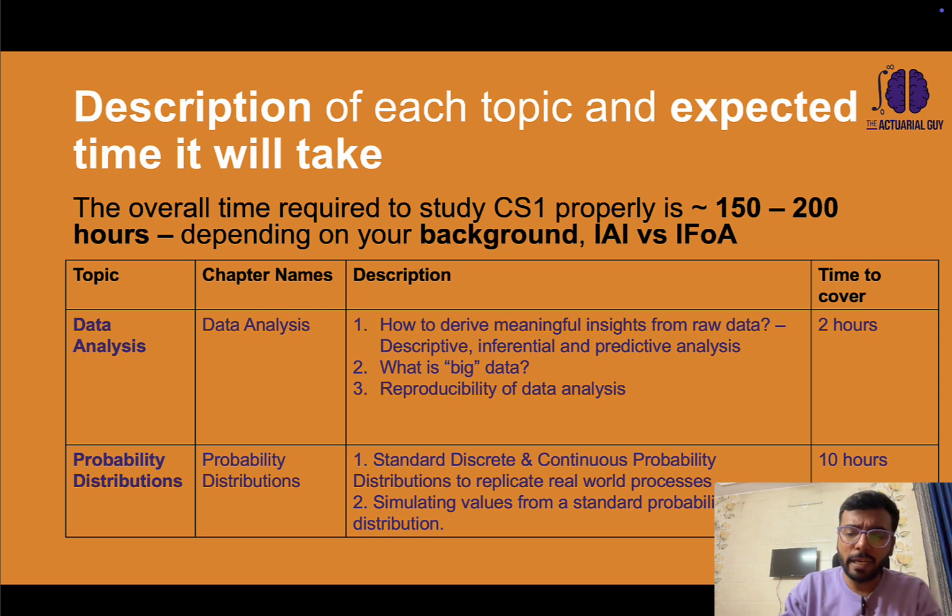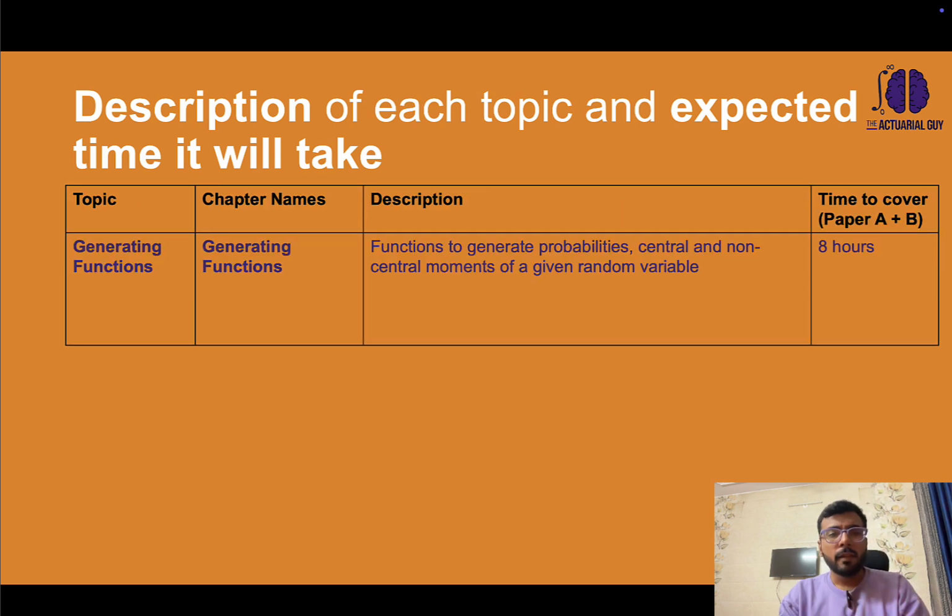This is covered in my demo lectures on YouTube, so you can just go and check it out. Next, we get into generating functions, which are basically functions which are used to generate probabilities, central and non-central moments for a given random variable. Again, very straightforward unit, very easy, just takes about 8 hours to do this for paper A as well as